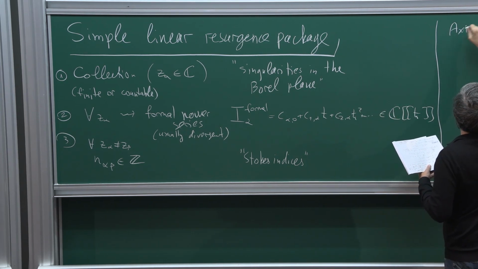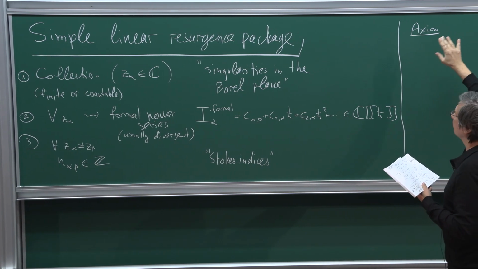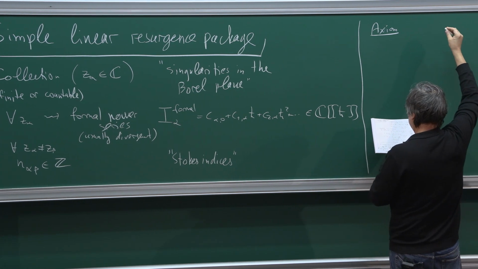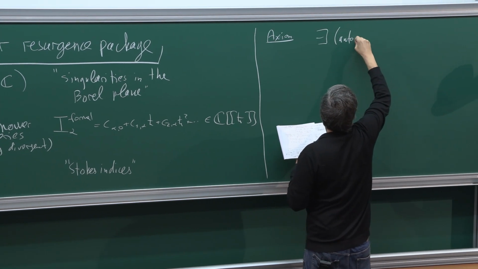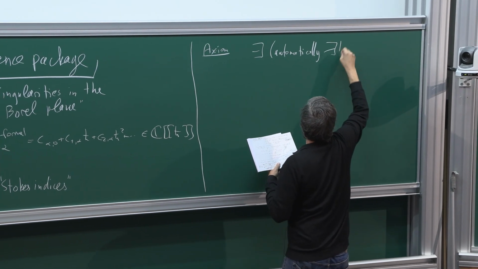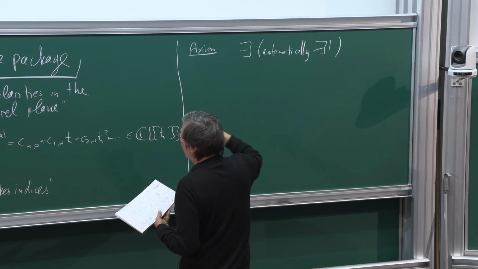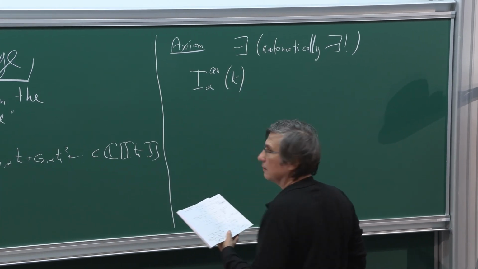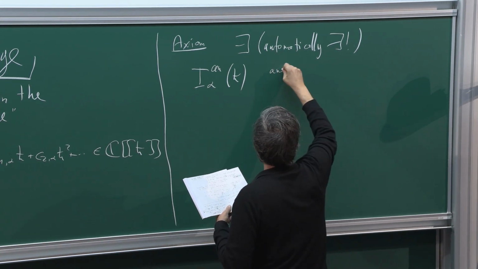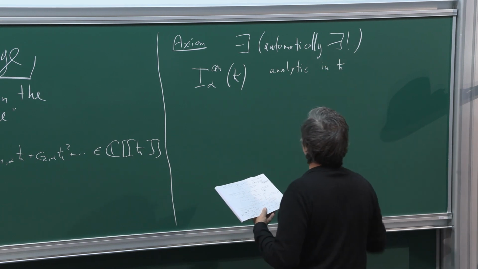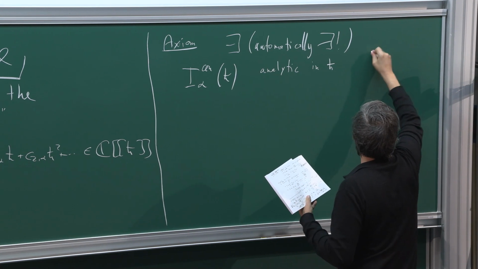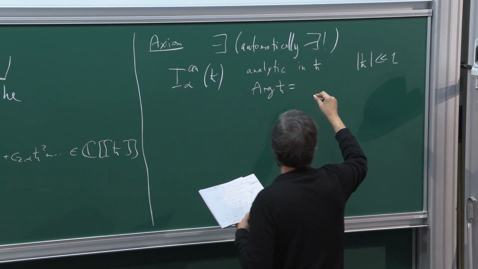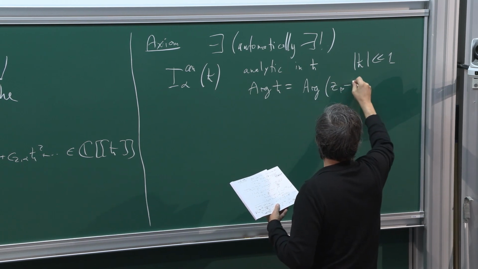The full axiomatics, when you have infinitely many singularities, is a bit more complicated. I'll imagine that I have finitely many, but the axiomatic is the following: there exists, and then automatically unique, a collection of actual functions, E alpha analytic of h bar. They are analytic functions in h bar, but h bar should be sufficiently small, and the argument of h bar is not equal to the argument of any difference